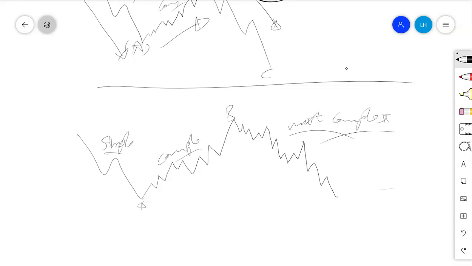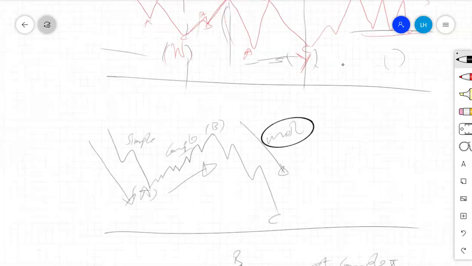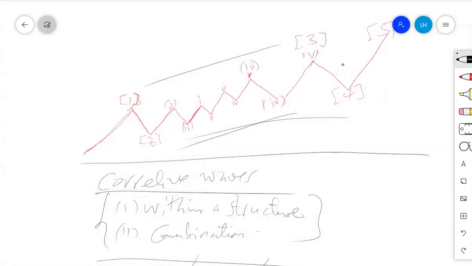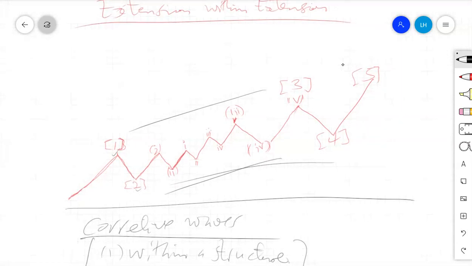And mainly when you encounter those alternations, having different looks of the market structure, you'll find that if you have not covered those things, you are lost along the way. If you make a count, maybe 1, 2, 3, 4, 5, and you find that there is an extension, maybe you don't know the idea of extension, you will be lost along the way, or the idea of extension within extension. So if you don't know that thing exists, you'll also be lost along the way.